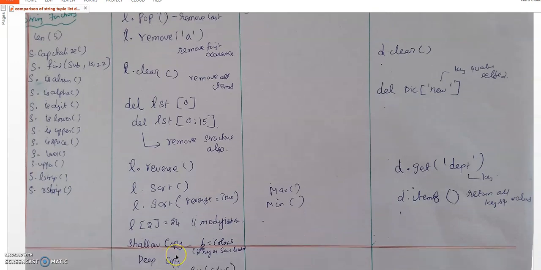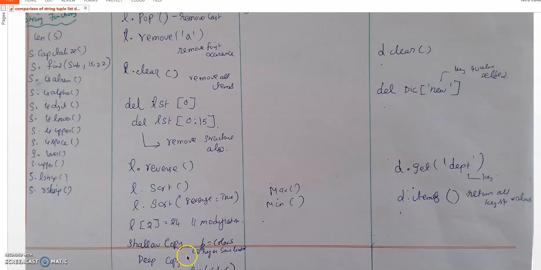Shallow copy means I am taking two copies, like a Xerox. For example, the teacher has the main copy of your mark sheet and hands over a duplicate copy to you. Whatever changes you make in the duplicate copy won't be reflected in the main copy, which is in the hand of the teacher.